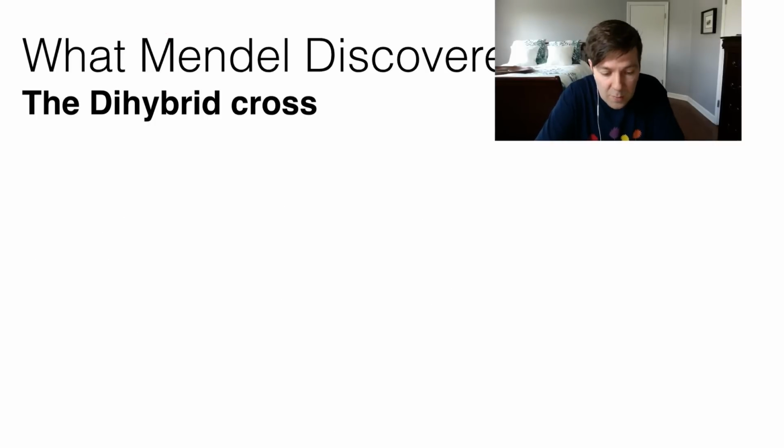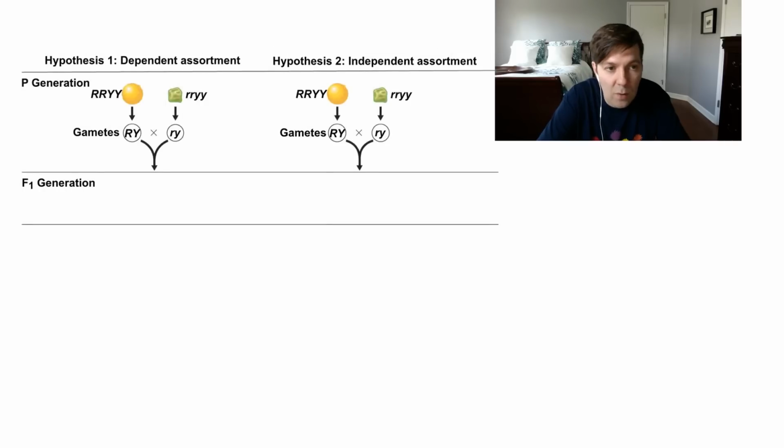All right, the dihybrid cross, his second big experiment and what he learned. So now he's going to take true breeding parents, just like he did before, but now we have pea plants, and he's going to consider two traits. What color are the peas, and what shape are they? Are they round or wrinkled? And so he took a true breeding round and yellow pea plant and a true breeding green and wrinkled pea